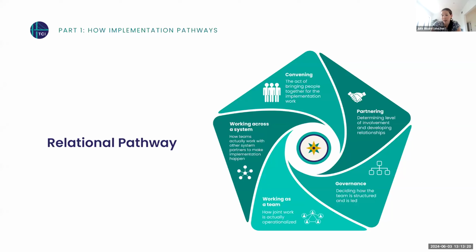Interestingly, I will admit that the field of implementation science is not totally there yet on the relational side. There's only some new research recognizing the importance of relationships, but anyone who has ever tried to actually implement a change anywhere knows that relationships are central to all change work that we do, right? We can never create change if we don't have relationships with people. And so this pathway highlights 5 key activities that we do when we're supporting change.